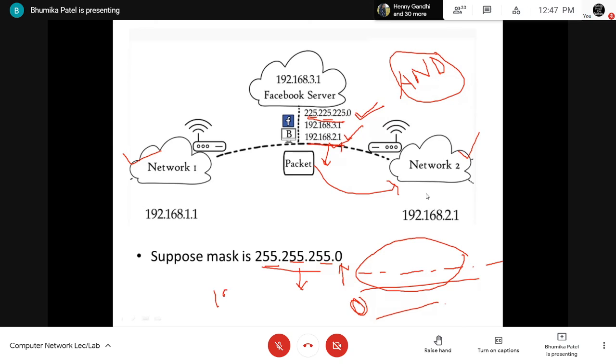So your answer will be 192.168.2.0. What answer will you get? Doing binary AND between the two, the answer will be 192.168.2.0. So obviously this network 2 is going to have the IP address 192.168.2.0. Whereas what will be the IP address of this network? 192.168.1.0. As you can see, the first 3 combinations are 192.168.1, and here it is 192.168.2. So what will the network IP address be? Here it will be 2.0, and there 1.0. Now with 2.0, there can be multiple devices.